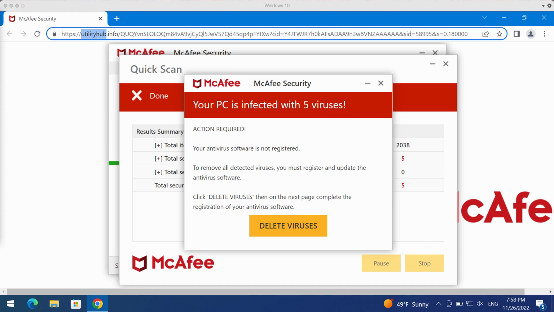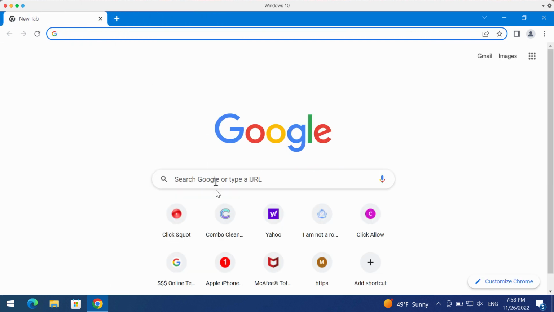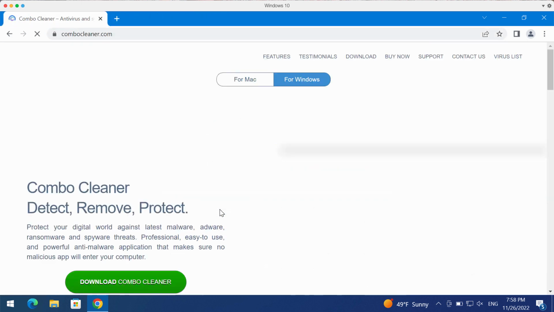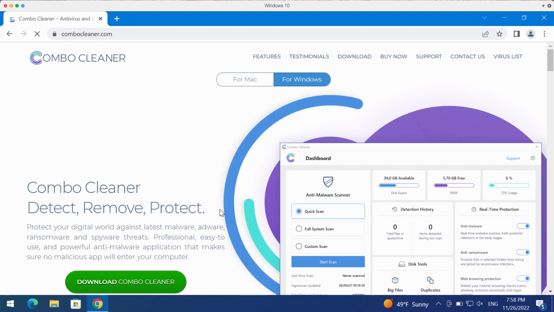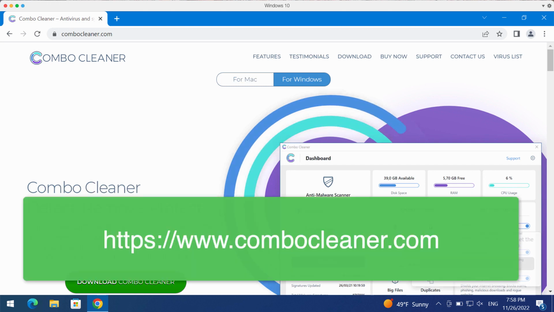Therefore, if you ever see these pop-ups by Utilityhub.info, do not ever trust them. All these pop-ups are totally fake and deceptive. Simply leave that page, and I also recommend that you carefully examine the system with the help of Combo Cleaner